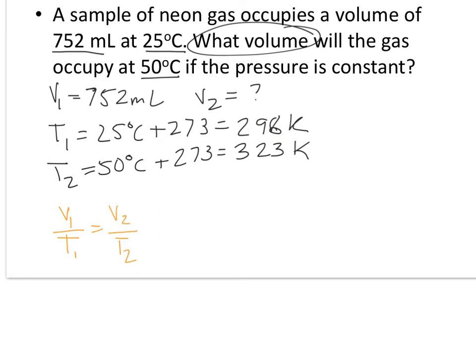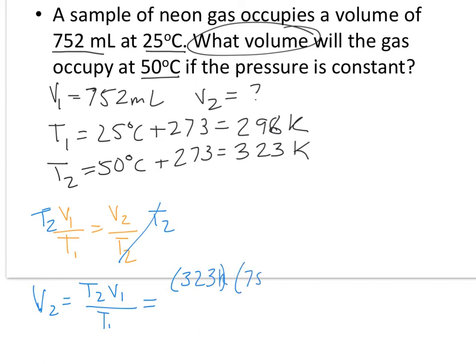Okay, so we're using V1 over T1 equals V2 over T2. We're looking for V2, so we're going to multiply T2 to both sides. So we get V2 is equal to T2 times V1 over T1. So we plug in our values: 323 Kelvin times 752 milliliters over 298 Kelvin. And you should get